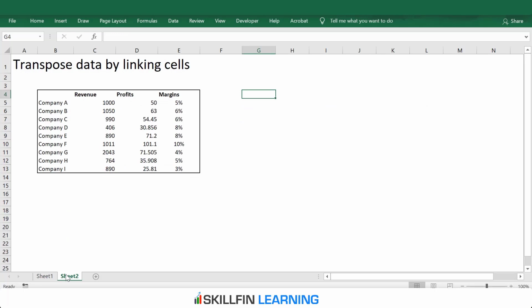Moving to the third method of how we can transpose the data. So this is a simple method. Here we can link the individual cells to a table to transpose the data. For example, we have the name of the companies in the row. So we will link cell B4 here and then cell B5 just beside it, cell B6, and similarly we will link the revenues, profits, cell D4 and cell E4 here.